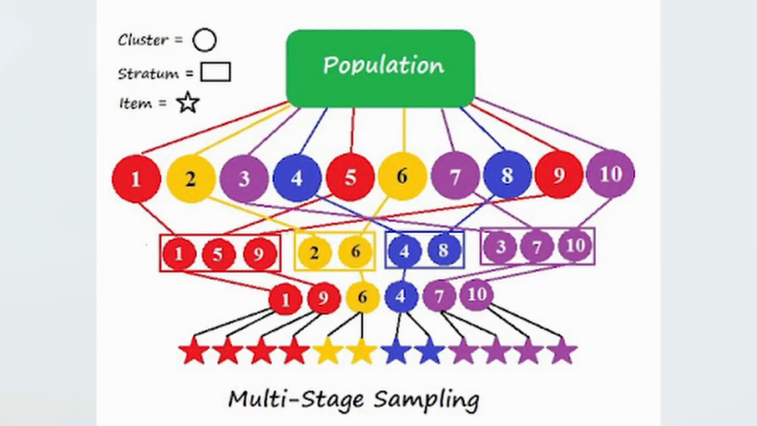So last is multistage sampling. The sample to be studied is selected at random at different stages. For example, we need to select a sample of middle class working couples in Quetta in